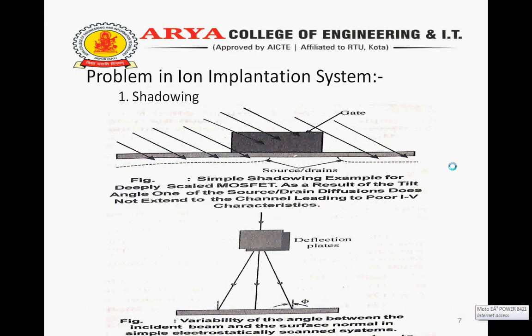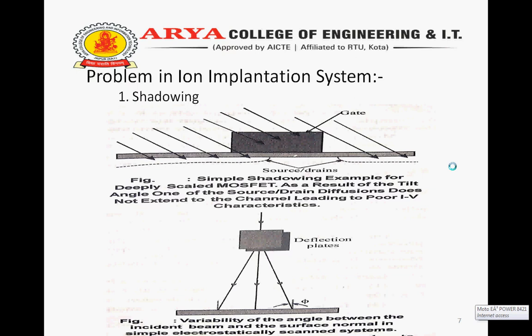Problems in ion implantation systems. First is shadowing. Shadowing is a common problem for implantation of wafers. Any non-planar masking layer will cause an implant shadow because of the tilt and twist angle of the implant. Within the past 5 years, the decrease in allowable thermal cycle and the resultant diffusion to minimize parasitic capacitance has increased the importance of the shadowing effect. The problem of shadowing is illustrated in the figure.